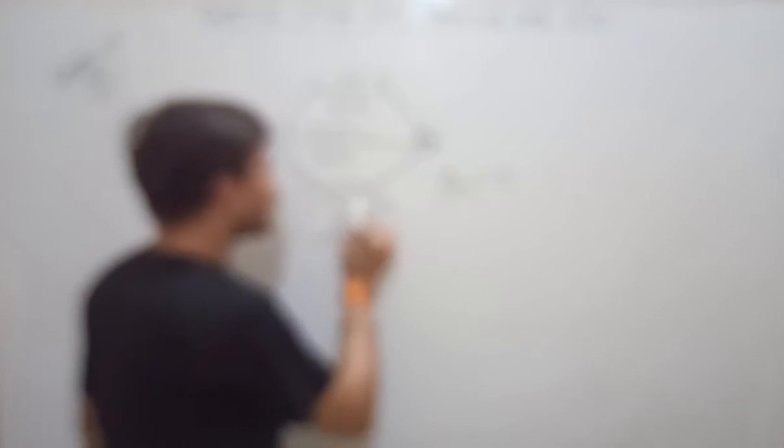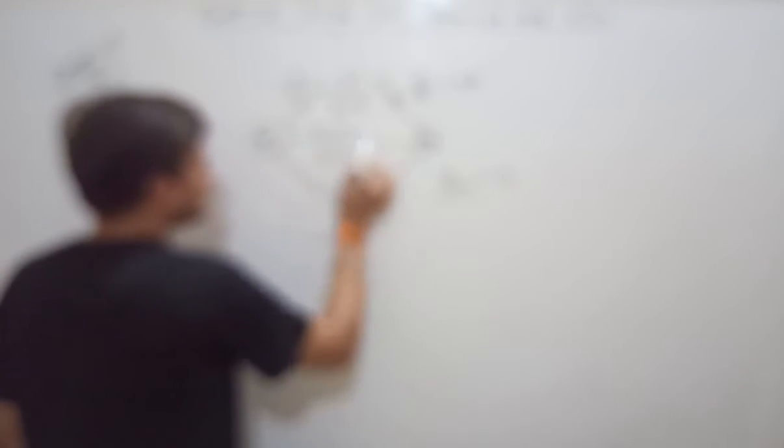How will you calculate the power delivered by the 5 volt source? To calculate power delivered, you will have to know how much power is coming out from this battery, so how much current is coming out from this battery. To calculate the current, see here, it is given a 3 ohm resistor with a potential drop of 6 volt. Here it is plus, here it is minus. It means you can say through this terminal a current of 6 divided by 3, that means 2 ampere of current, is flowing. Similarly, here it is plus, it is minus, 2 ohm resistance.